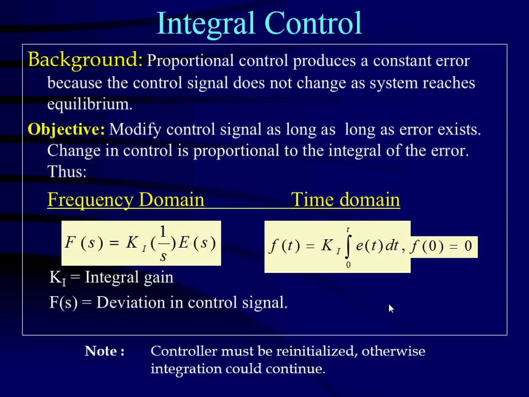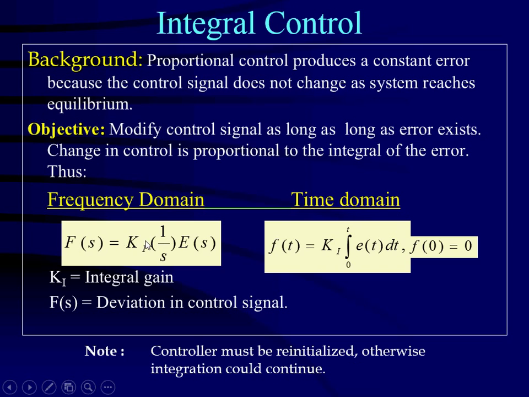So, proportional control is proportional to the error. The more error, the more control. Integral control is proportional to the integral of the error. So, in terms of the frequency domain, integral is 1 over s, right? So here's your constant of integration, your gain, and this is the error. So if you multiply the error by 1 over s times the integration constant, this is your